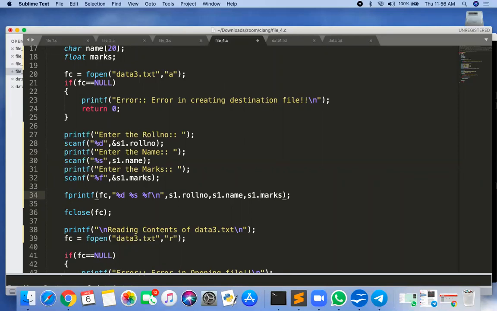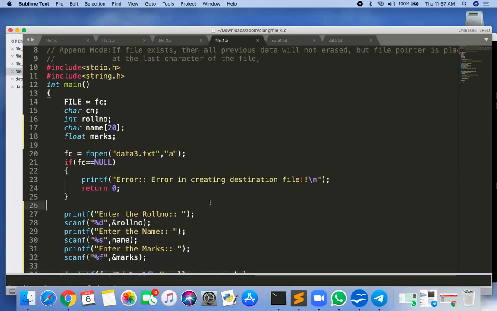Okay, yeah. So very similar, you can use the same for the structure again. Actually that is your homework. Okay, so put the structure elements into your file. Now next one is, suppose, I'm sharing this file again.